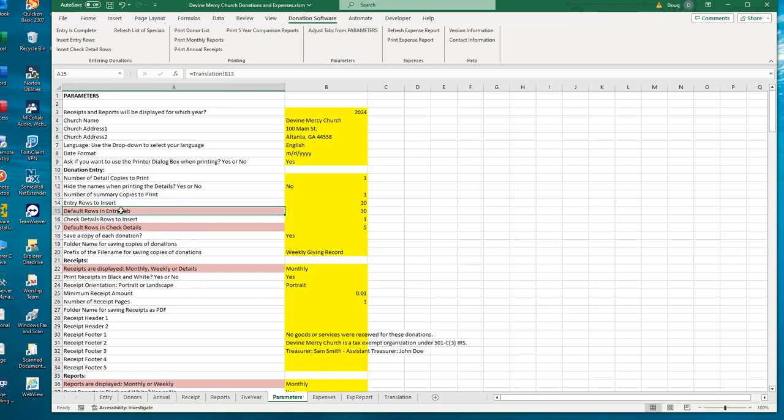If you change one of the pink ones, you need to adjust the tabs again because you've made a change to a particular portion of the parameters that requires the software to go through and modify all of the different tabs. So if you change any of these ones, then just run the adjust the tabs from parameters. So let's do that. We just set the default to 30,